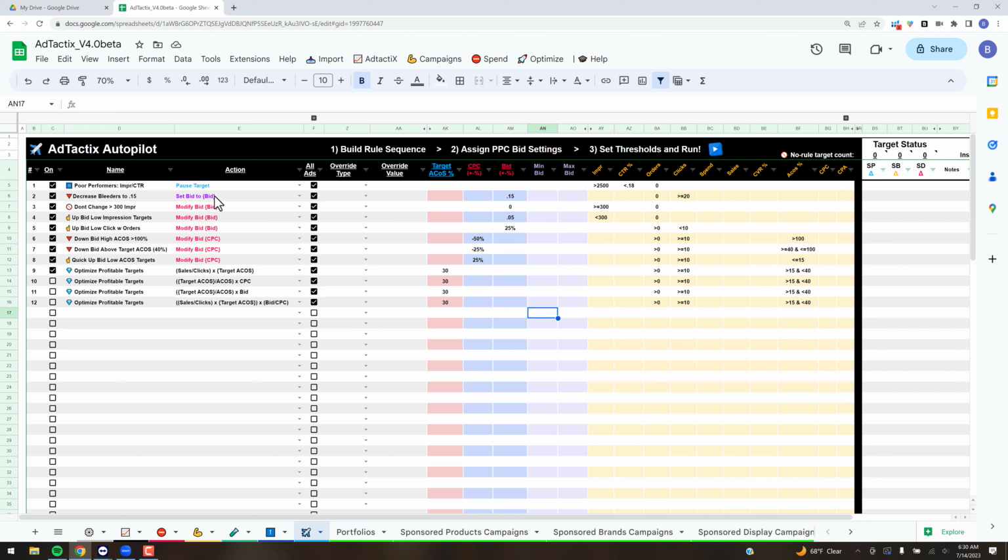And the word bid is important because it tells you what you're starting with and making a change from. So for this example, we're using the set bid action, which sets the bid, no matter what it currently is, to 15 cents. So this is a fixed input. It's going to set any of these targets that meet this criteria just to 15 cents,